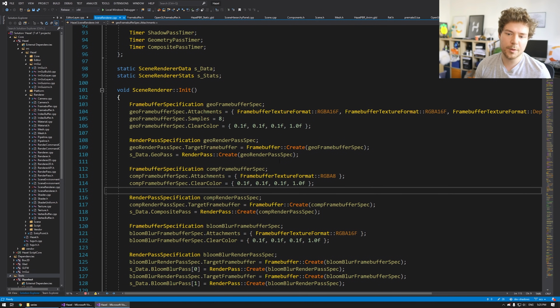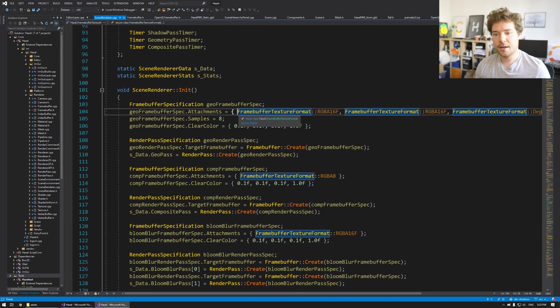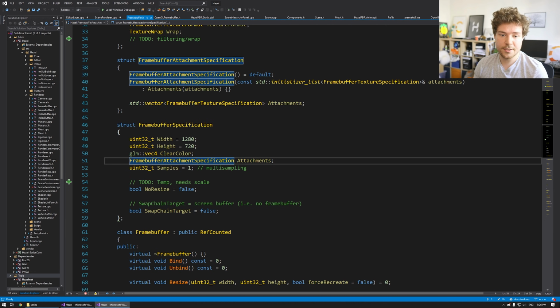And someone also asked, what if we want certain texture filtering, right? What if we want linear filtering or nearest filtering, or what about wrap modes like clamp and all of that stuff? Repeat, how do we set that up? Well, the thing is, this list of attachments is not just a bunch of texture formats, right? What it actually is, is a frame